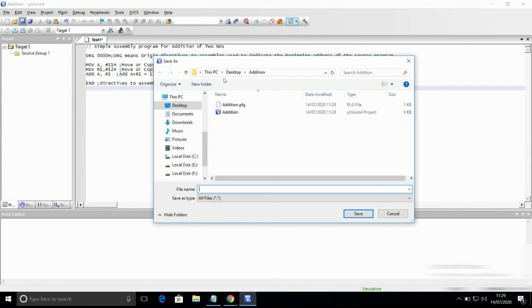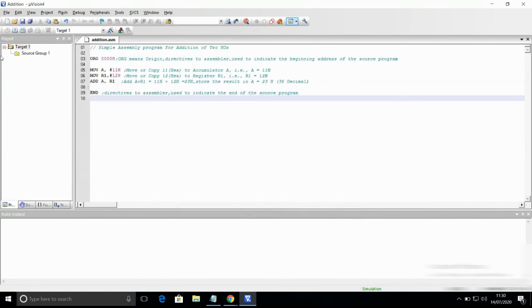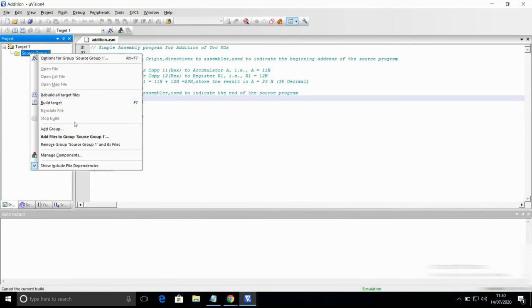Make sure that you're saving the program in the same folder, that is addition, on the desktop. Give the file name as addition. Now here the extension is .asm because the program is in assembly. Save. Next, click on the source group 1, then say add files to source group 1.